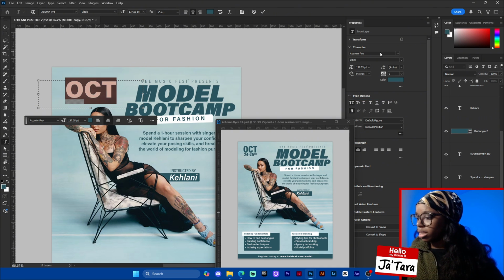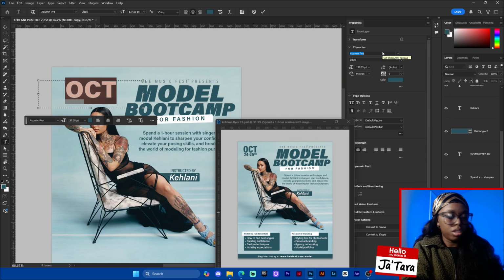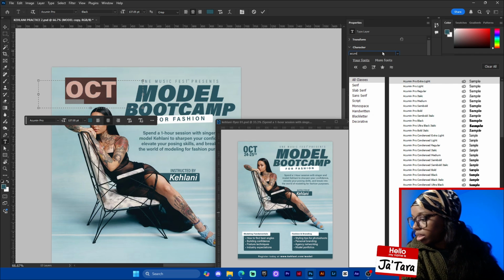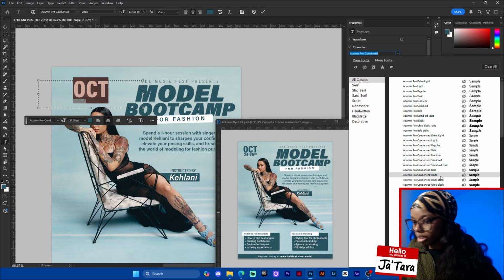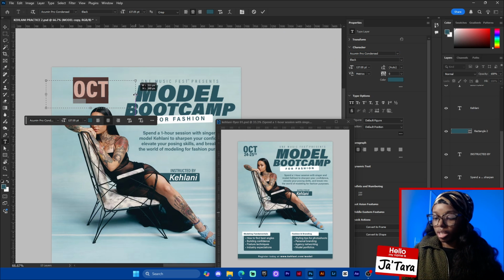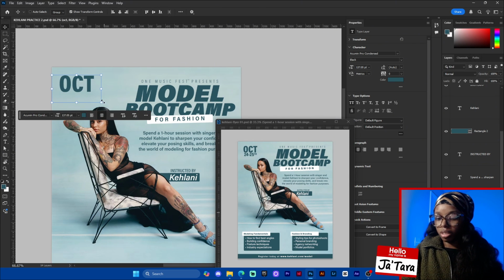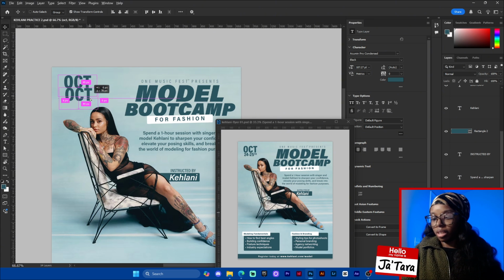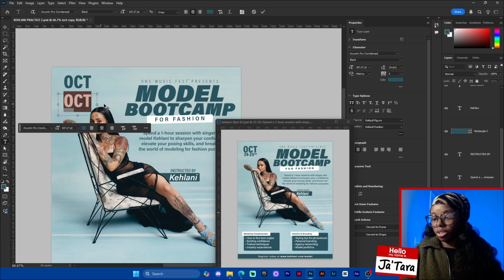Oh no, I did a condensed font, I can tell. Acumen condensed black, I think that's what I use. So let's try condensed black. I'll get that and put this up here. I'm going to duplicate this. I'm going to show y'all another trick. Watch this. I'm going to type